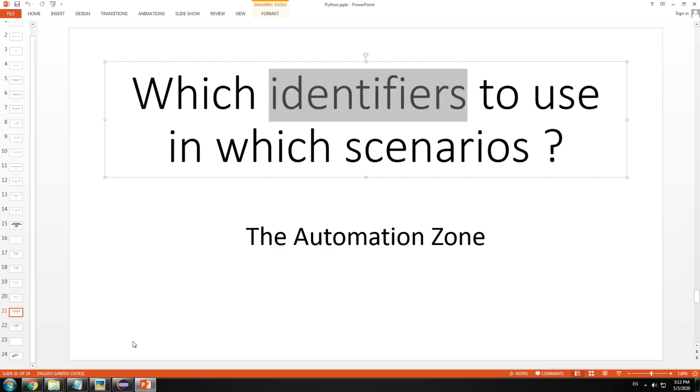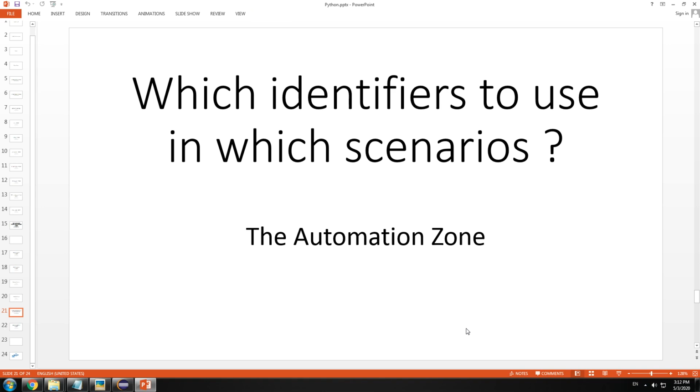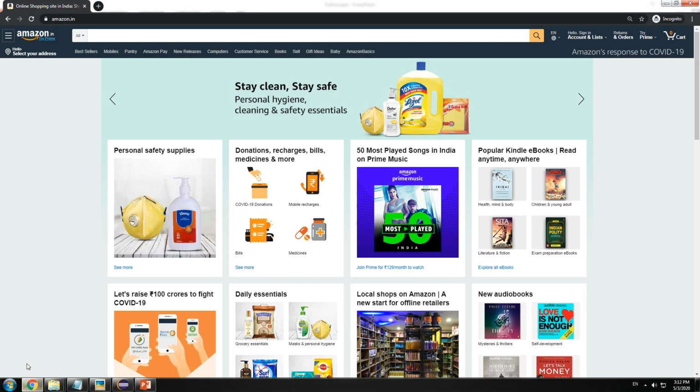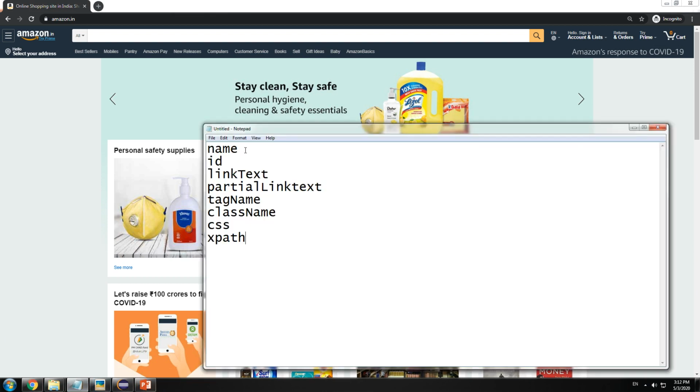So let's take a common website which is accessible by most of y'all. Let's take Amazon, and let's look at our first part, which is name and ID. Now remember everybody, developers usually, 99% of the time, would prefer name and ID to be constant for each element.